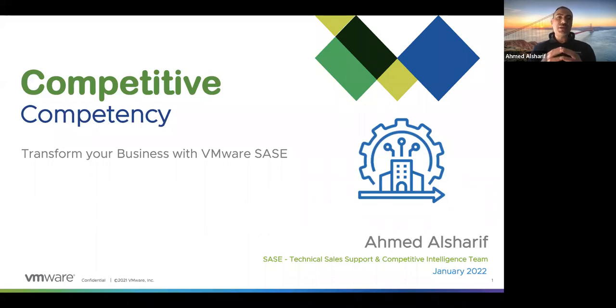So in today's session, we're going to describe SASE in multiple ways. The best way to describe anything new is to see where that thing came from. What does it come to solve? What are the problems that anybody will consider SASE to solve? Those are the most important things. And where SASE fits within the cloud journey, like what happened before SASE, why SASE was born, and then what's the future of SASE.